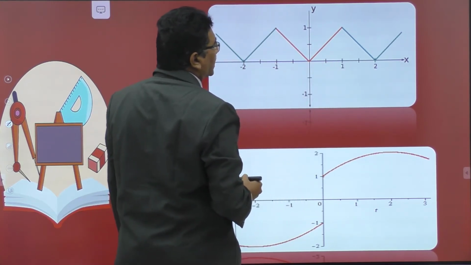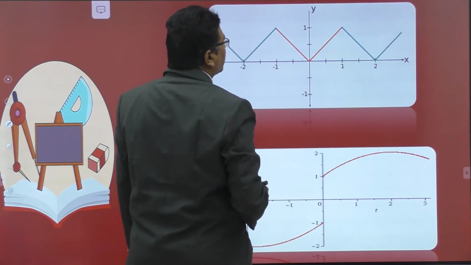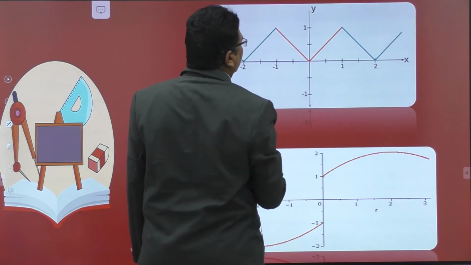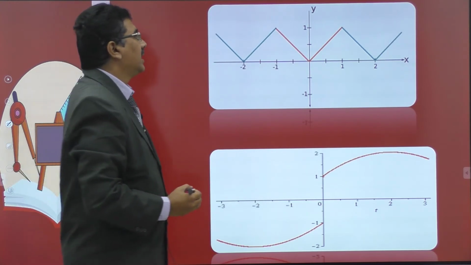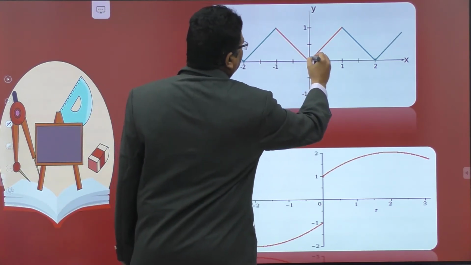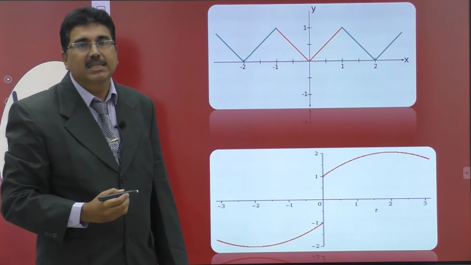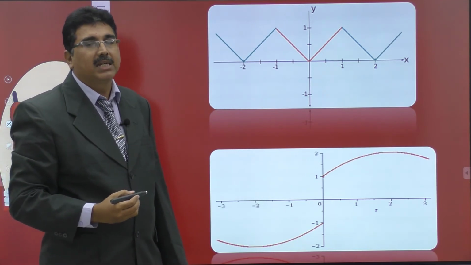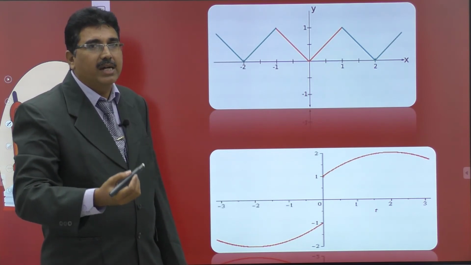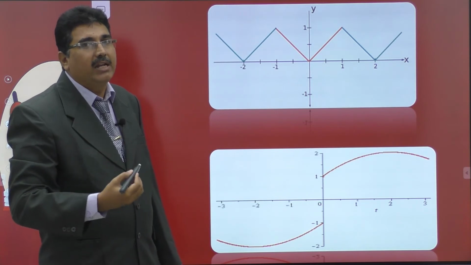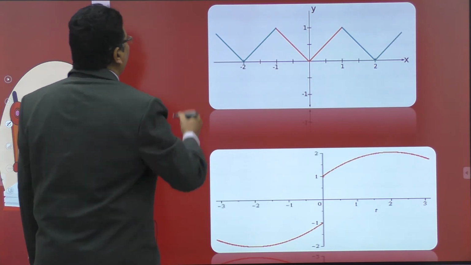Observe that the graph of this function is symmetric about the y-axis, so f of x is an even function. If f of x becomes an even function, then the extended function will be an even extension.